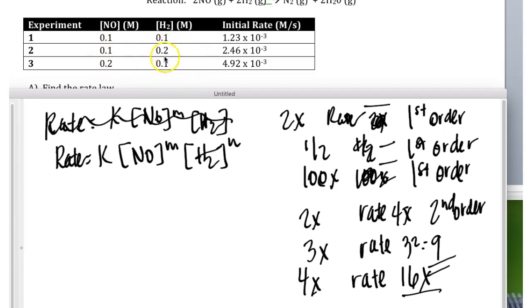Because here it doubles, but here it also changes. It needs to be the same. So instead we're going to use experiment 1 and 3. So according to experiment 1 and 3,